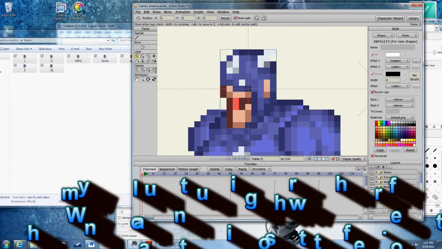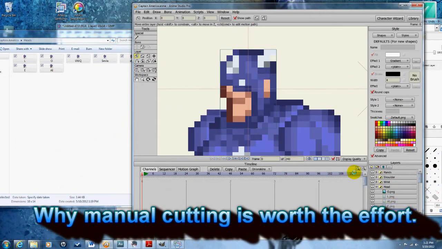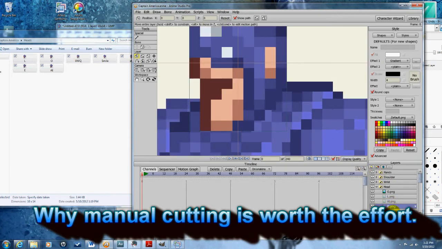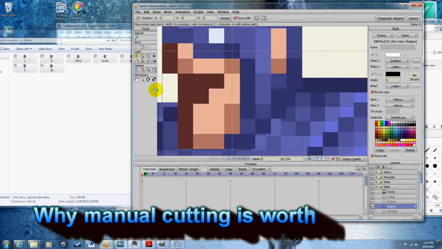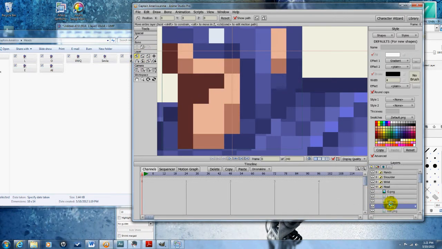And so now you can see that when it switches between when his mouth is open and shut, the whole head doesn't move, it's just that. Now, I didn't show you this earlier, but what you could do if you were to use Alfred's Sprite Sheet Unpacker is go through every single one of these layers